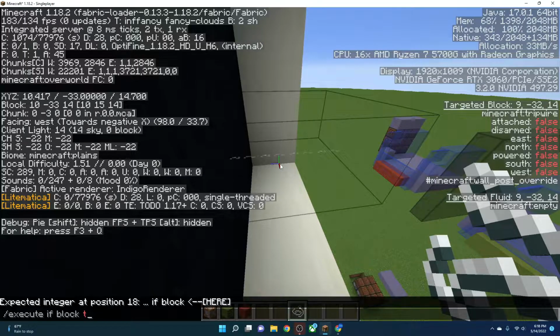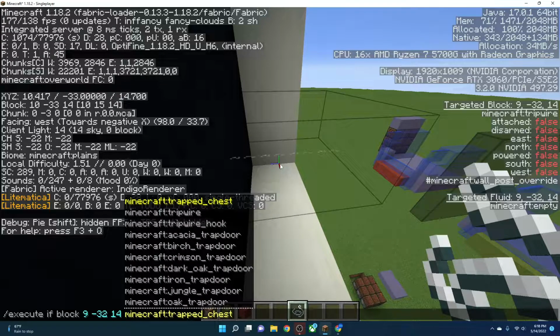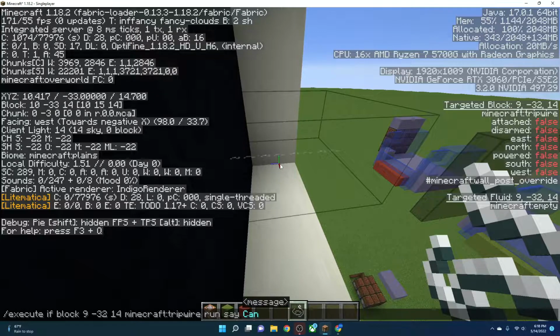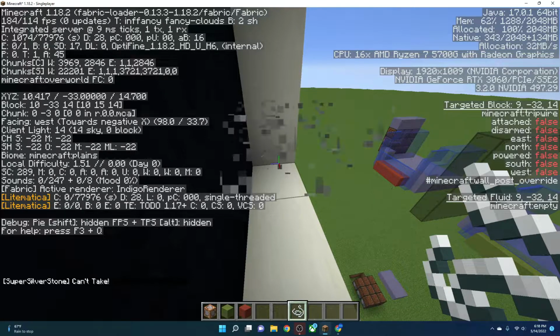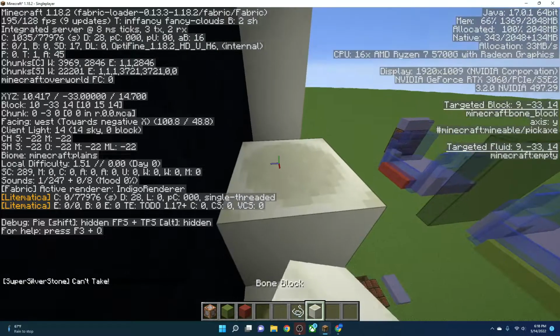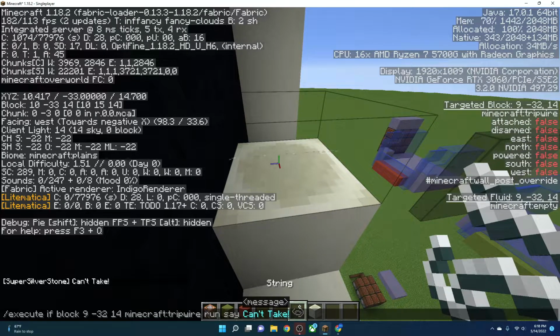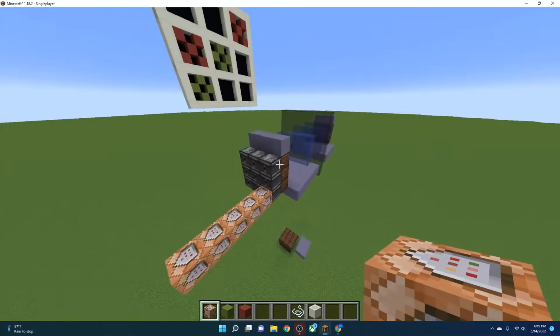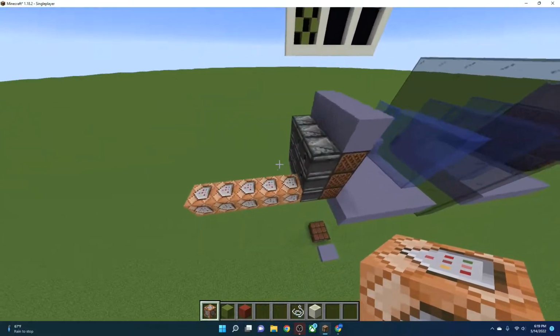Slash execute if block at this location is tripwire, run, say, can't place, or can't take. So boom, you can see when it's there, it can't take, and when it's not, it doesn't. Boom, that works. So now what we have to do is in every single spot, we have to set 5